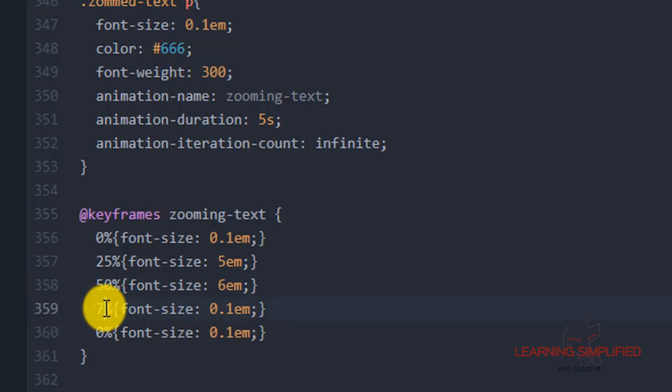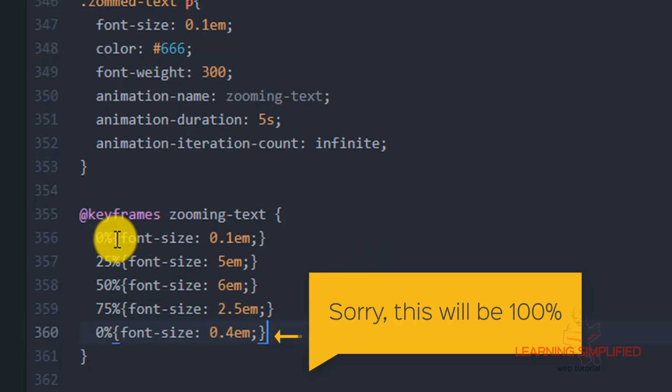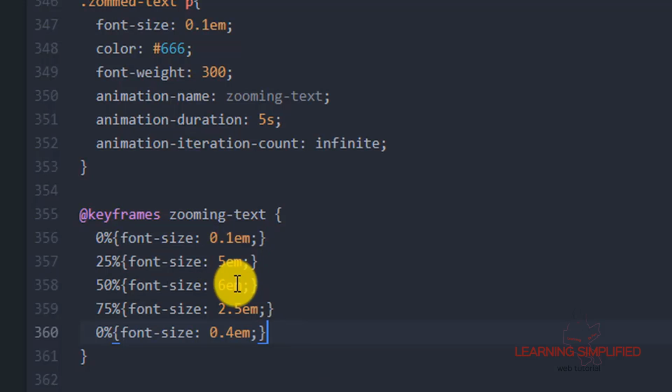At 75% condition, font size will be, say, 2.5 em. And at 100% condition, it will be 1 em, or if you want to make it a little bit smaller, then no problem, make it 0.4 em. So we have created 5 individual keyframe positions, and we have set all those properties for those individual keyframes. We have mentioned all those positional values.